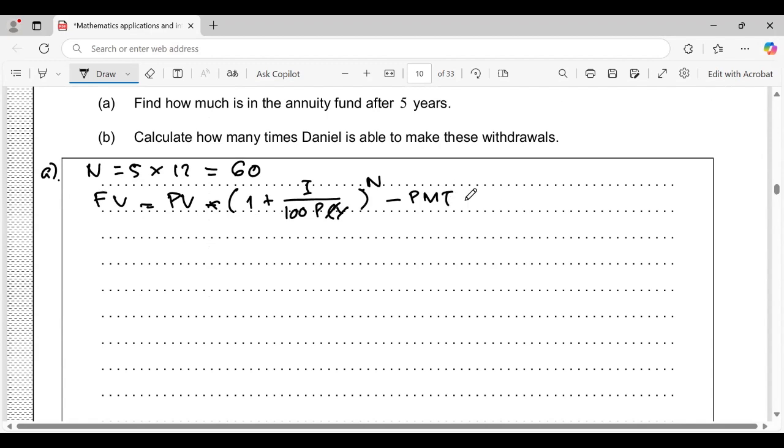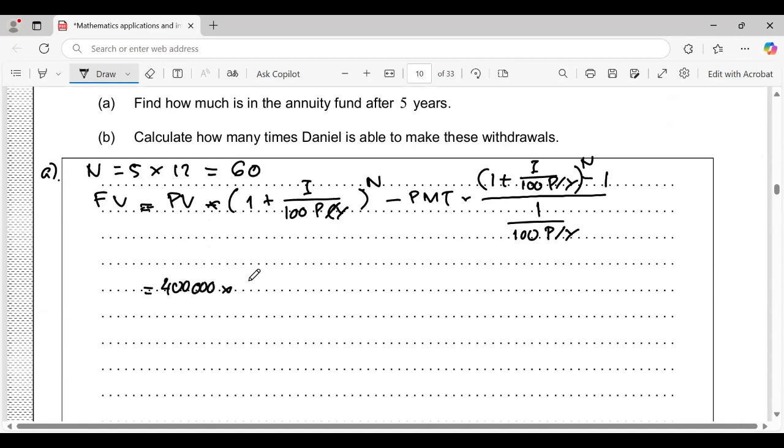I think you are familiar with this formula. And if you substitute the numbers based on the information,